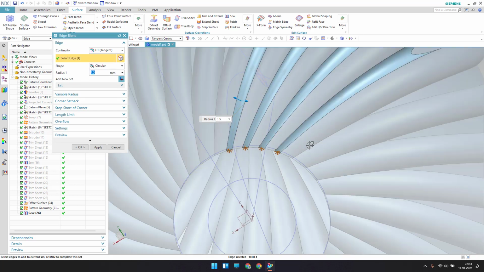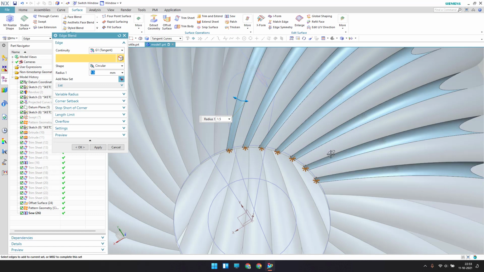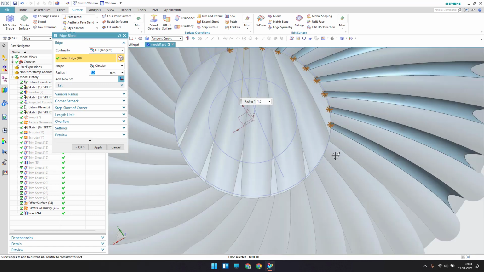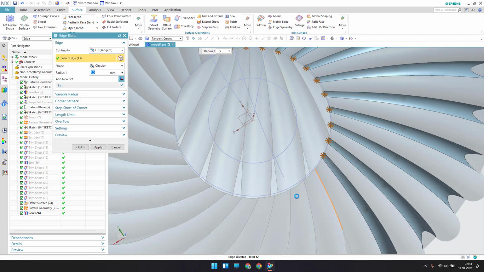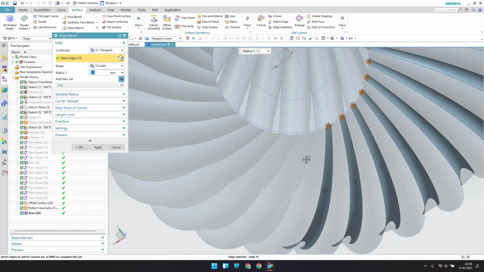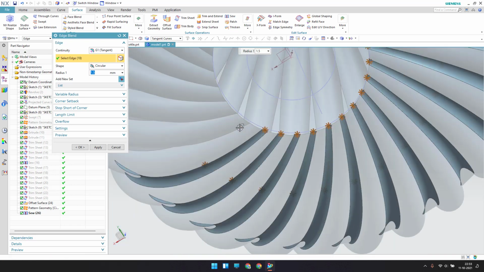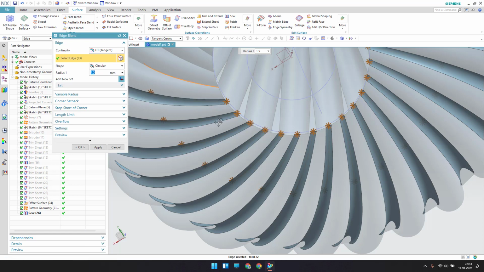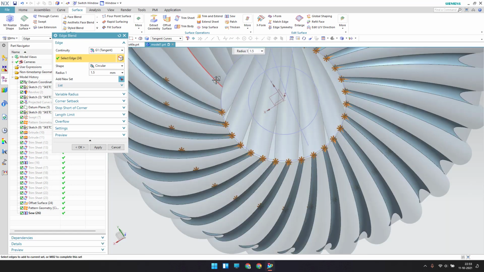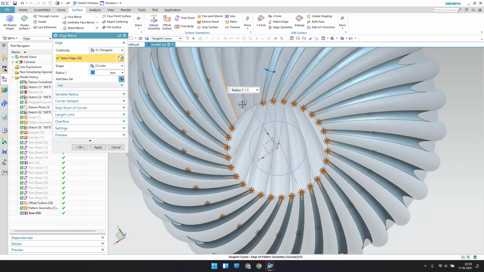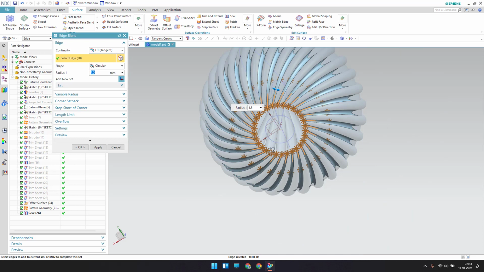I'm going to select all of these. Now as you can see here, I have selected all the curves, and I'll just click OK.